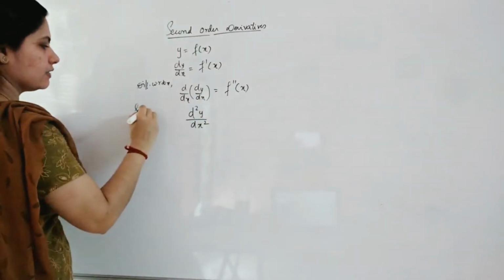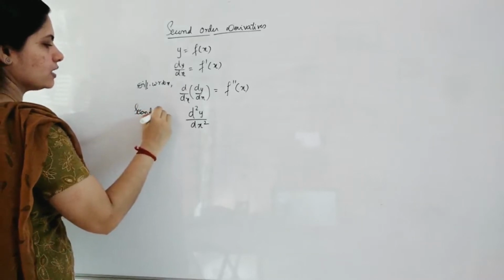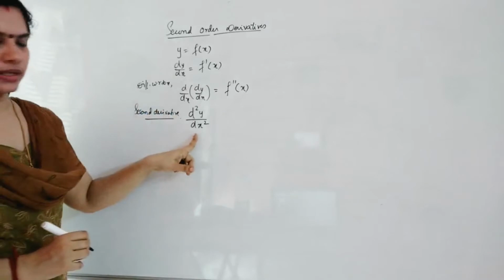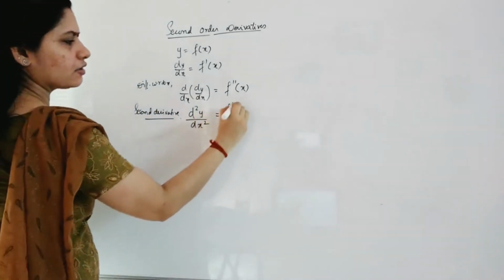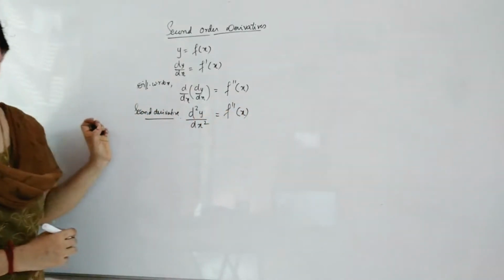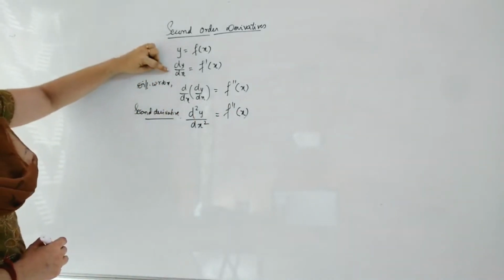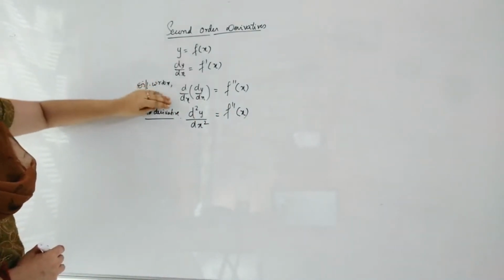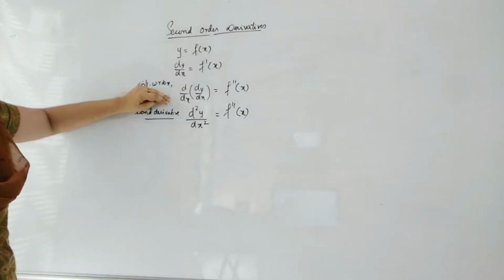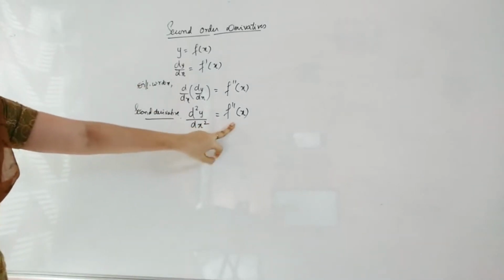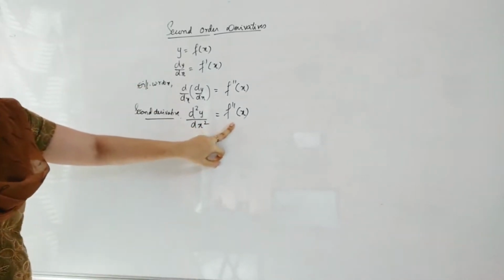Second derivative is usually notated as d square y by dx square, and this is also your notation for second derivative f double dash of x. So what is the meaning? First time what you have differentiated, you are again differentiating that with respect to x, the same process again. So this is a notation, this is another notation, then you have some more notations for your second derivative,